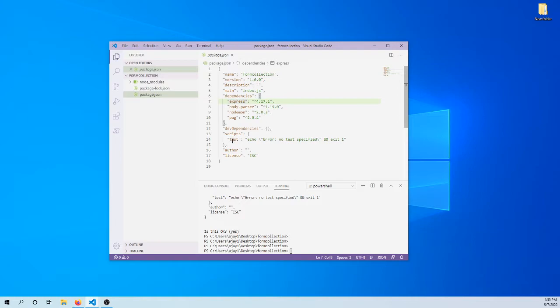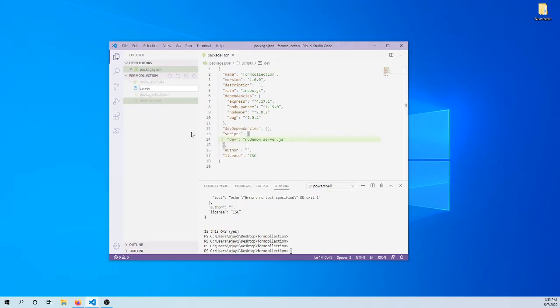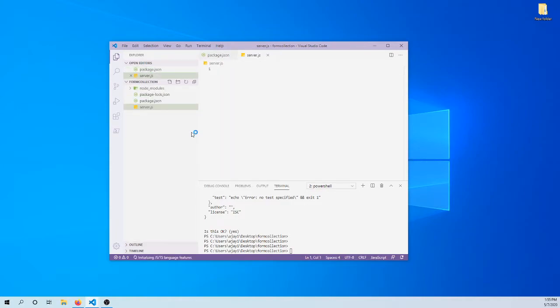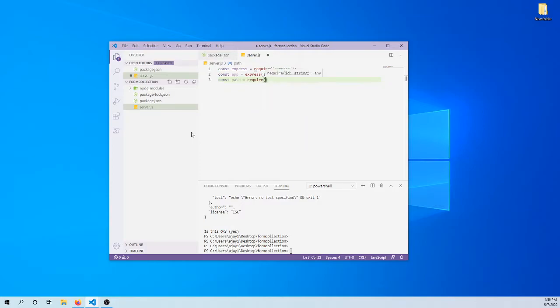Our only script is going to be nodemon server.js, and it's going to be called dev, and this is just so that we can keep our server up while we make changes. And we're going to make the file server.js, and then we're going to bring our dependencies in. So const express equals require express, const app, and then we're going to call the express function. Const path is require path, and this is just for routes. So const body parser